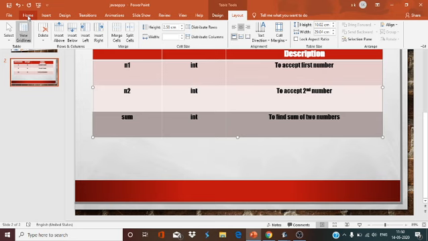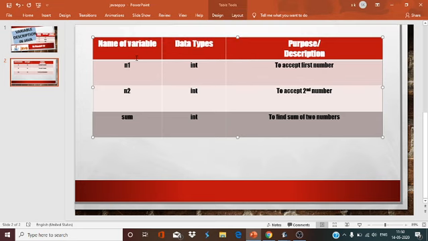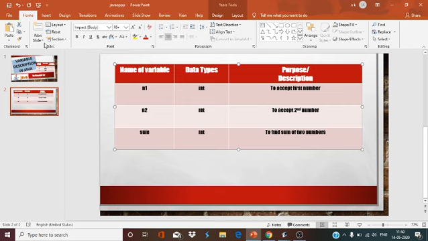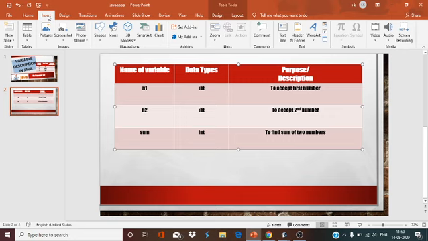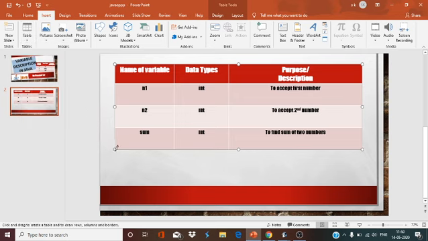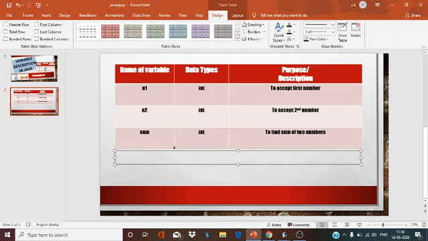Where is the option? One minute, students. So first columns, and then it will be